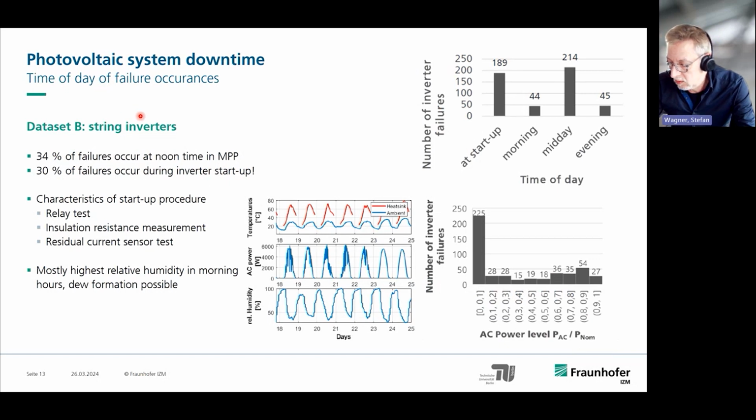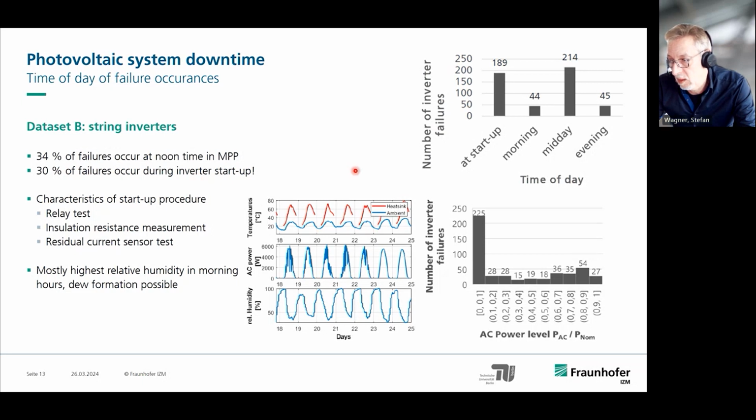Here a look more in detail. What you see here is the failure time per day, or in a day. Mostly the highest number, 34%, occur with the maximum power point at noon time, but 30% of the failures occur during the inverter